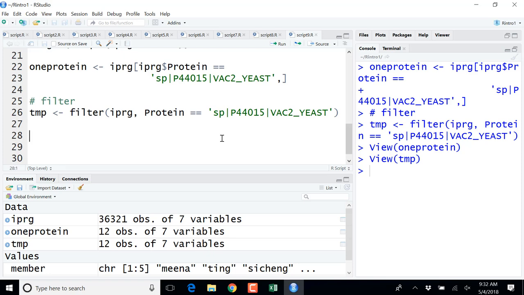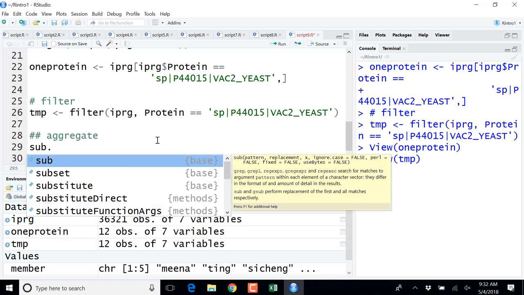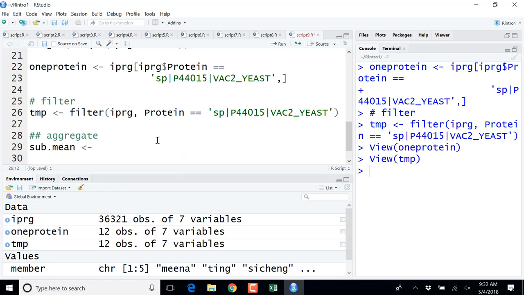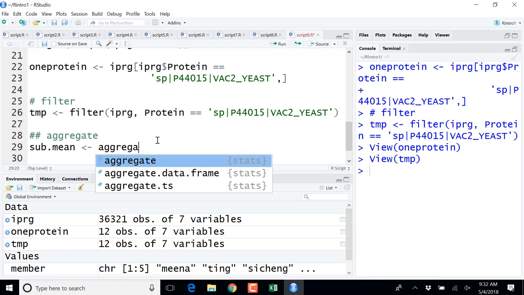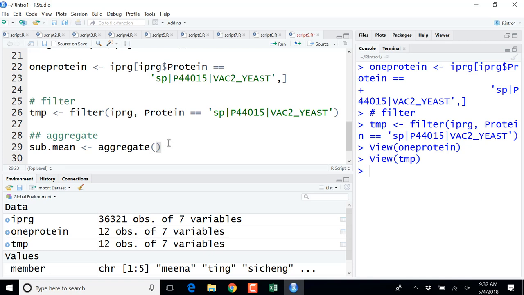Now we are going to start to calculate. So let's introduce another function, aggregate, which means we are going to aggregate the data by something, right? How can we do it? I will call it subset of mean, and then I will use the aggregate function. I want to aggregate log2 intensity information by condition